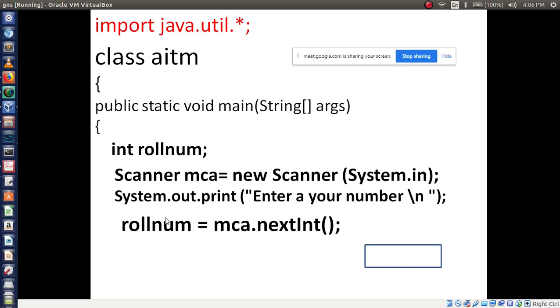How to print back this number? Kiran, tell me.